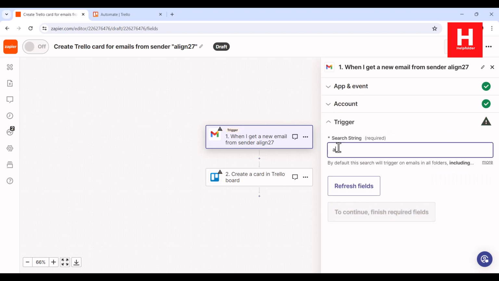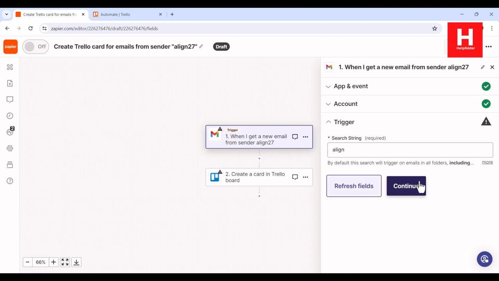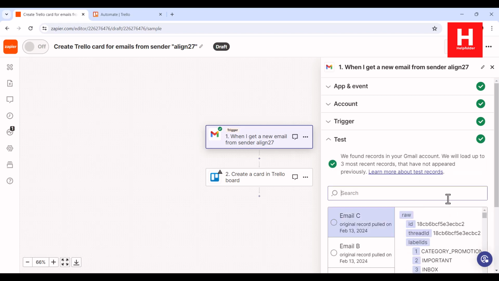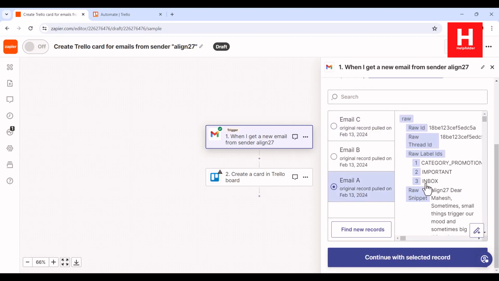Then here I will try and type in align. Then let's refresh the field, continue. Then it will try and test this trigger. So it should work, right? Now next it will try and find one of the email patterns. We will continue with the one,